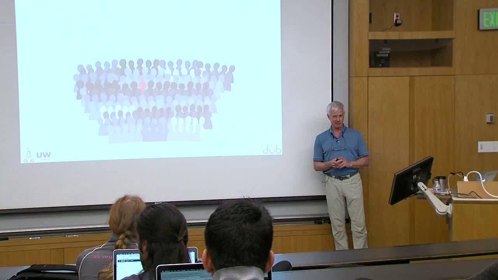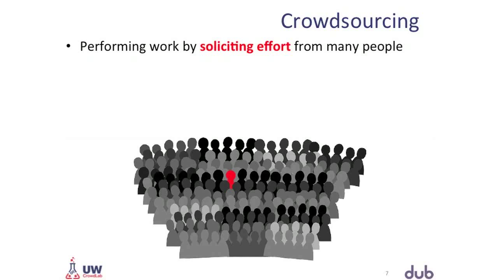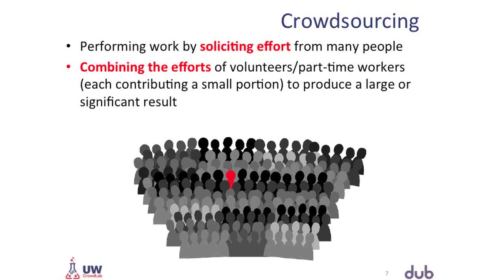Okay, since this is an AI seminar, let me start out by describing crowdsourcing a little bit more. So the first aspect of crowdsourcing is going out to a crowd and soliciting effort. The second aspect is how do we combine the pieces of work that a large number of people do, even if the individual work they do is very small, how do we combine it together into a coherent whole? And finally, how do we combine it together in a way that actually yields results that are better than any one of those people could have done by themselves?